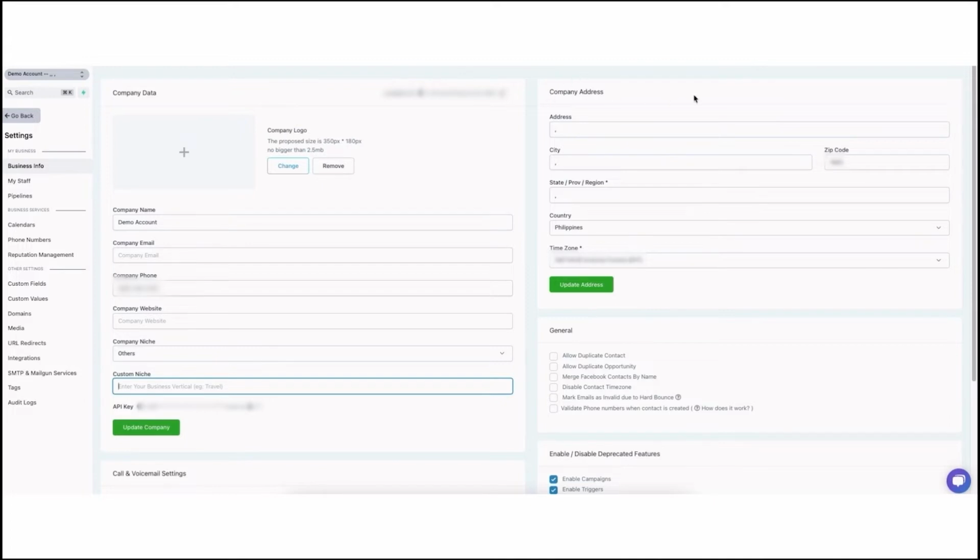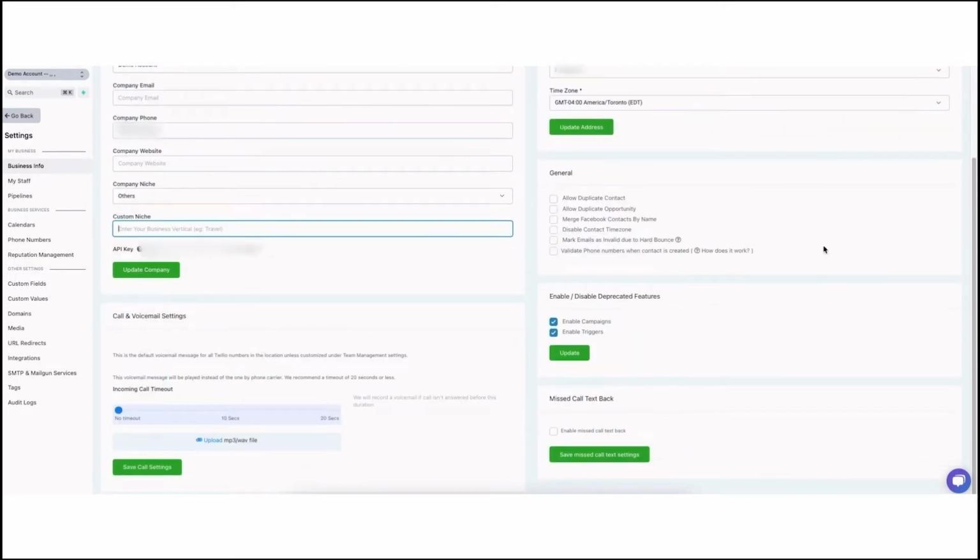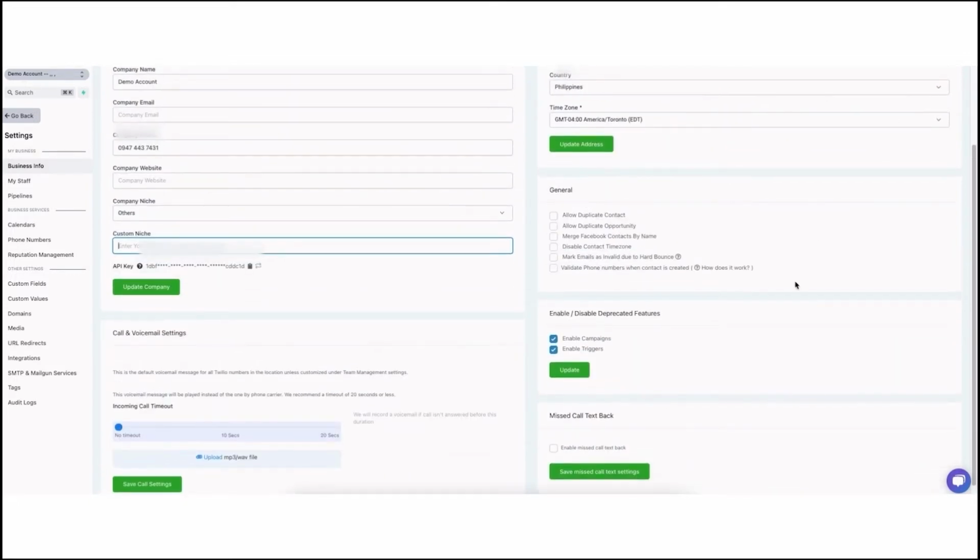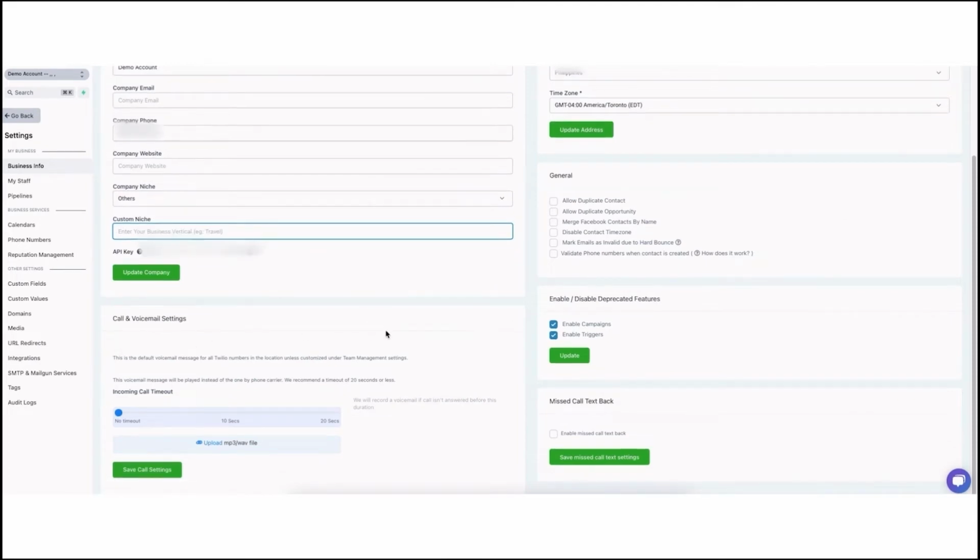Then under company address, make sure that you fill out all of this information, especially the time zone, because this is going to come in handy later on when you set up your calendar. Under general, you don't have to really think about this. It's not necessary. Call and voicemail settings, not necessary at all for you. Missed call text back, these things are just applicable if you're going to do SMS marketing, but in this case I don't suggest that you do this,